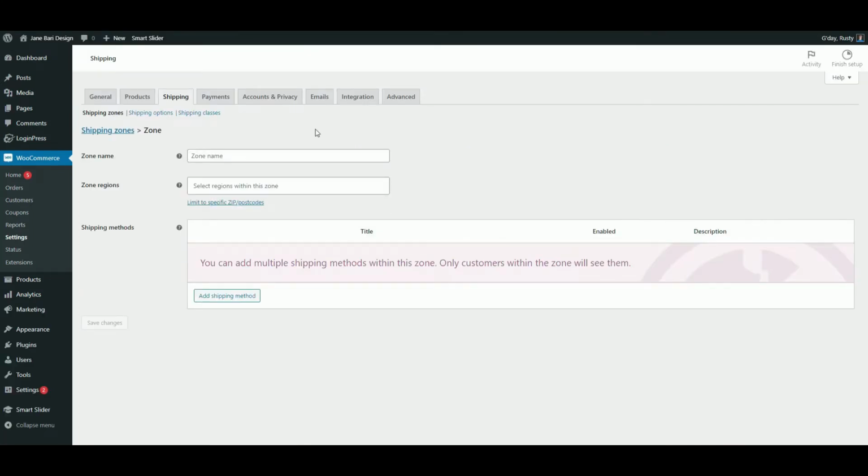I'm going to add in 3 zones today. I'm going to add in a local area, so that's my own postcode. I'm going to add in an Australia-wide area, and then I'm going to have another area for the rest of the world. If you don't want to ship to the rest of the world, you can actually come back here